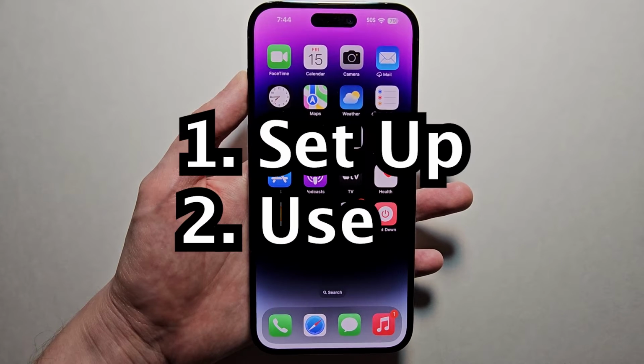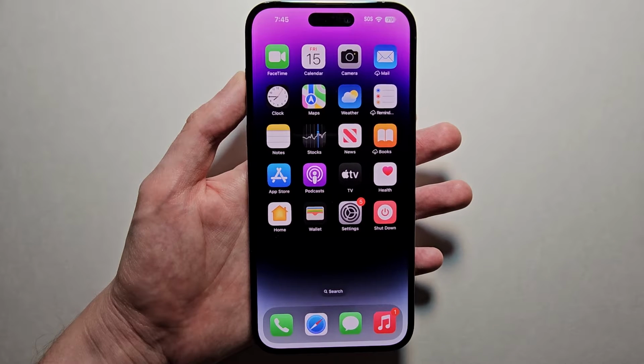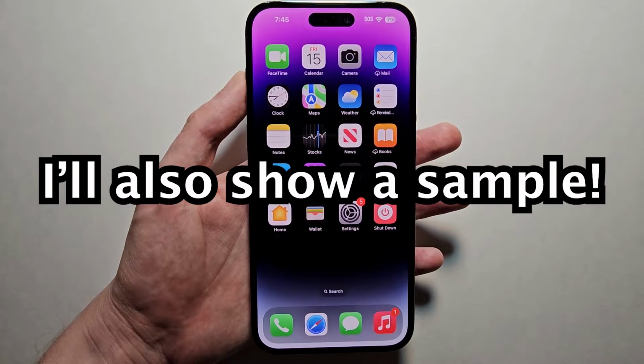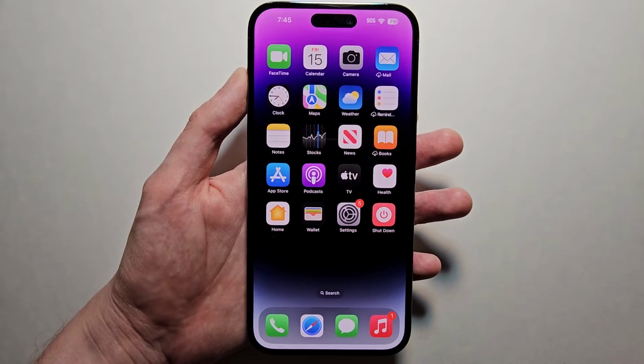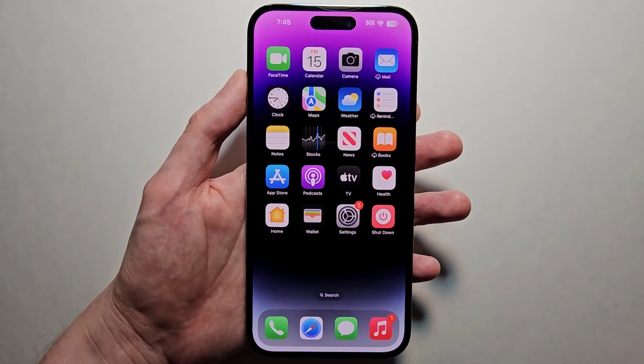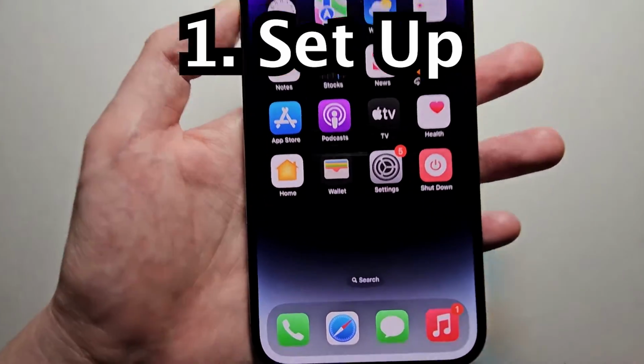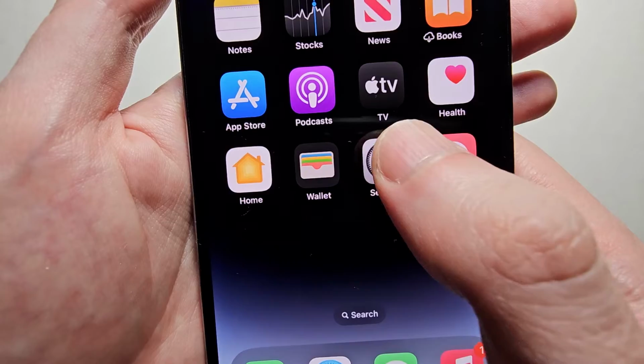Alright guys, so I'm going to show you how to set up and use Personal Voice for your iPhone. Now what this will do is clone your voice, and you'll be able to type on the keyboard and do text-to-speech. This is good if you have a disability or if you're sick, for example, and don't want to talk, stuff like that. Alright, now it's pretty simple, so first just go into your settings